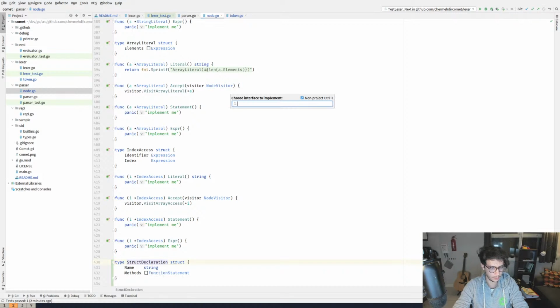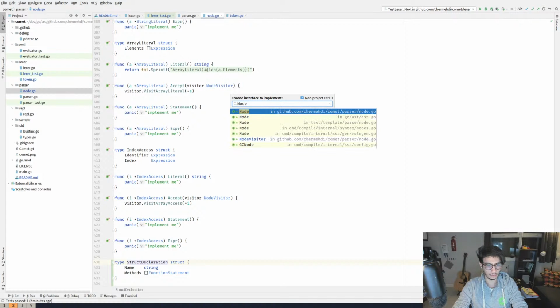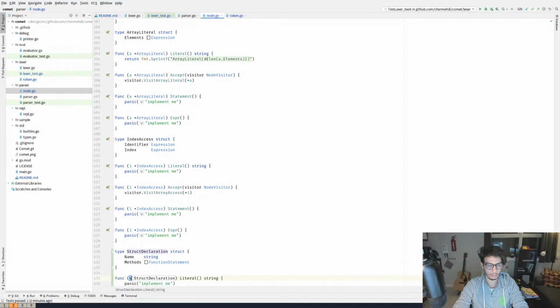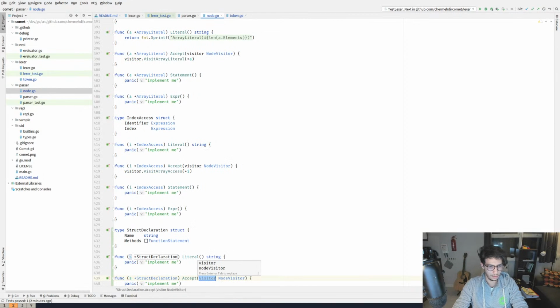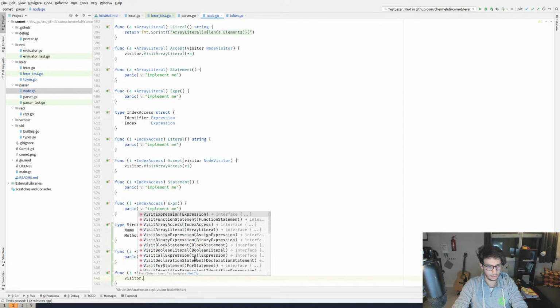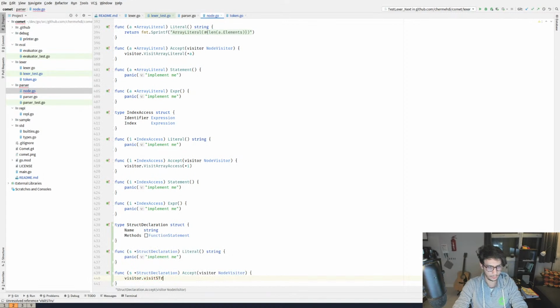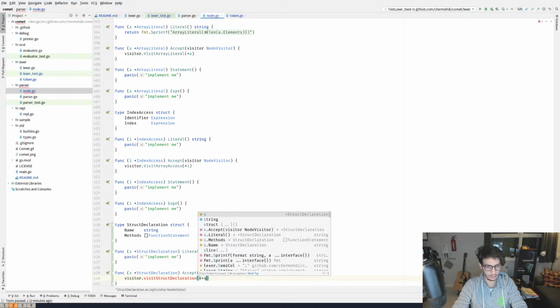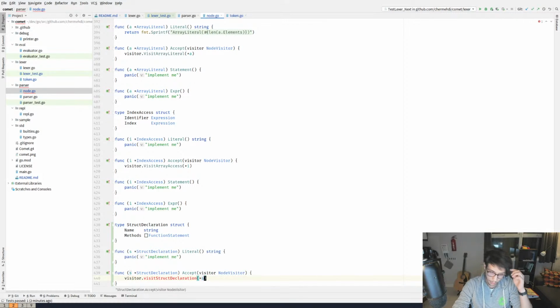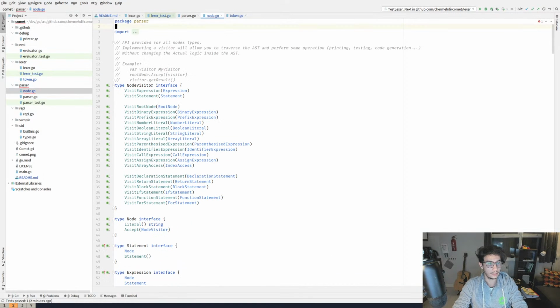So let's try and make this. So the struct declaration should be a node. And the visitor should do visitor.visit struct declaration. Let's add a statement.